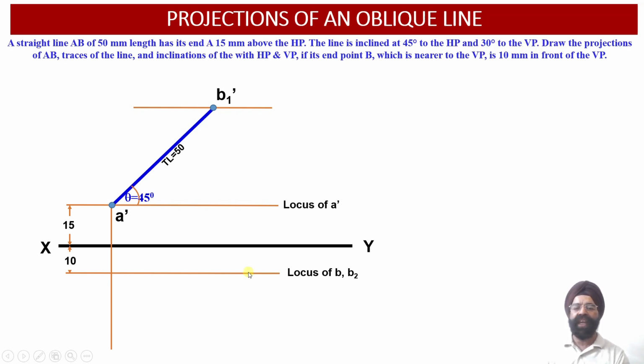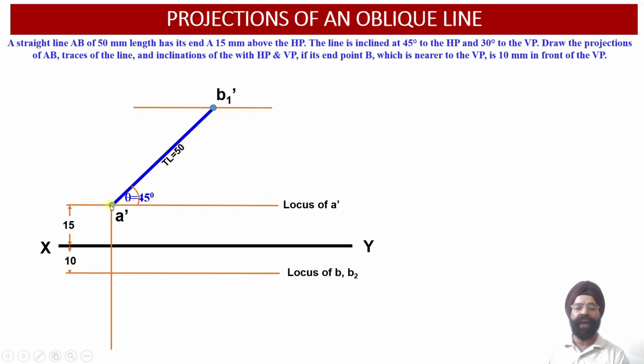We do not have any idea about the location of the point B2 over here. The location of the point B2 in the top view projections has not been provided. But one piece of information is available with us, that the true length projection, which is again going to measure 50 millimeter, will be inclined at an angle of 30 degree with respect to the vertical plane, and the point A will be lying on this vertical line. So now we have got information available with us.